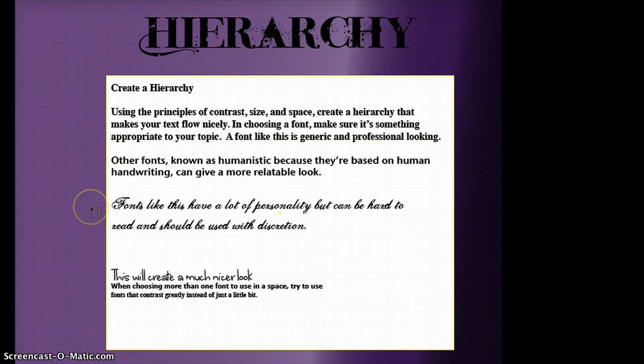If you want to choose more than one font for your page, you should probably choose two that contrast a lot, such as this top one and one of these. And that'll create a nicer look than if you choose two like these two lines that are only a little bit different. Because if you just look at it, you really can't tell it's different. And when you're reading it, it just kind of makes a confusing look where you're not really sure if there's even a difference in the first